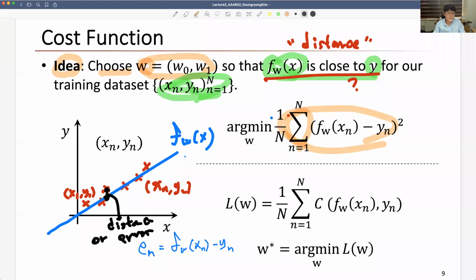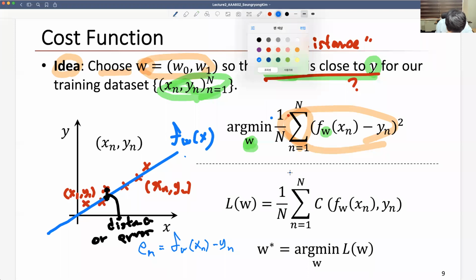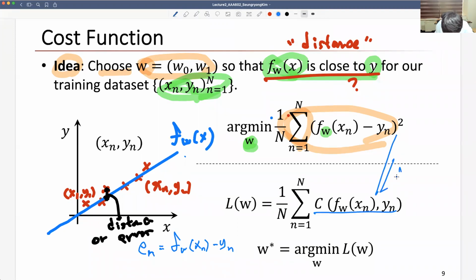Then our goal is to find the mapping parameter W that minimizes this cost, this equation, right? This distance, right? Then here, if we define this kind of distance measure,